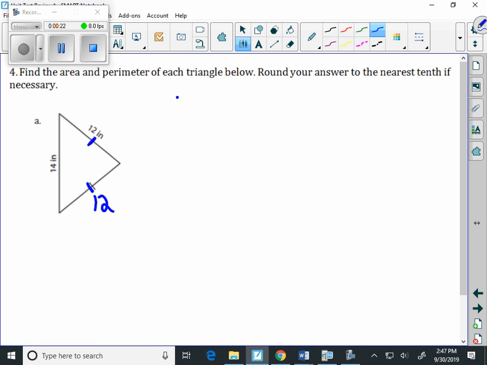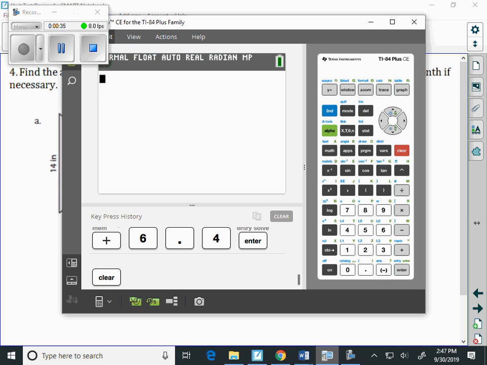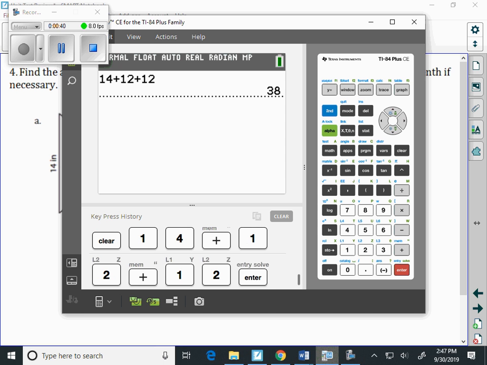And that makes it 12. Once we know all three sides, then we can figure out what the perimeter is. We can take 14 plus 12 plus 12. And worst comes to worst, you pull out your calculator, you pull out Desmos, and we get 38